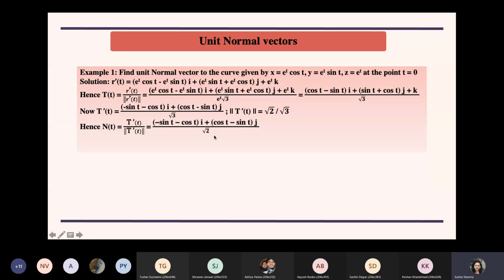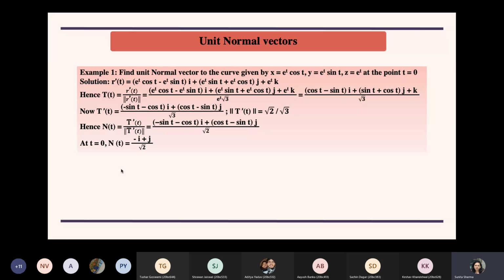So your unit normal in terms of t will be this. Then when you have to put t as 0, you get the specific unit normal. So here it will not be a good idea to put t as 0. You will have to use the expression in terms of t first, and then in the end you will have to put t equals 0. So usually in questions you will get the same question and you have to find both the unit tangent and unit normal to the given vector.